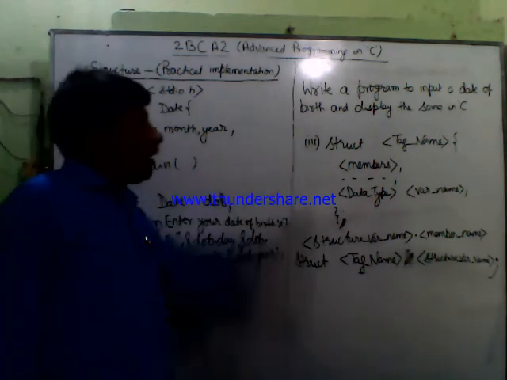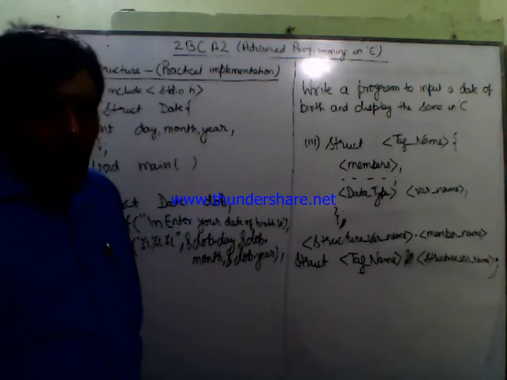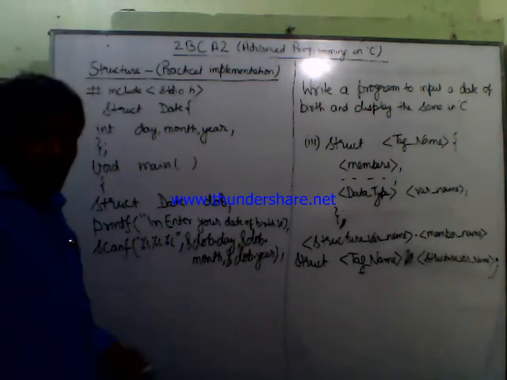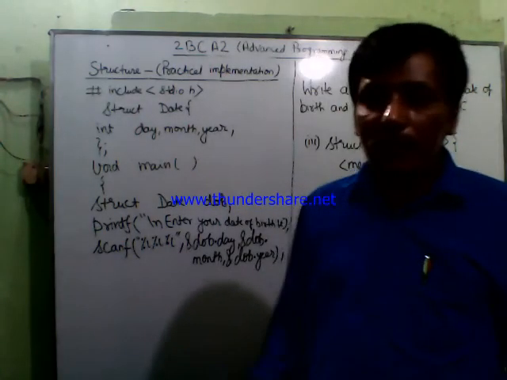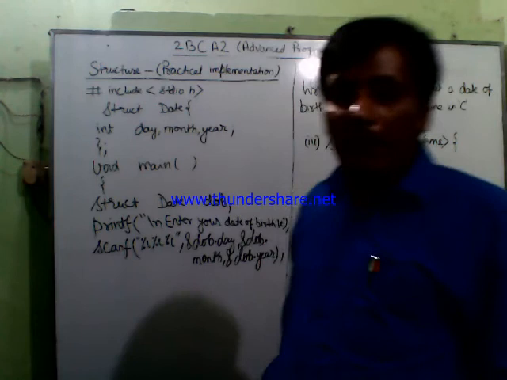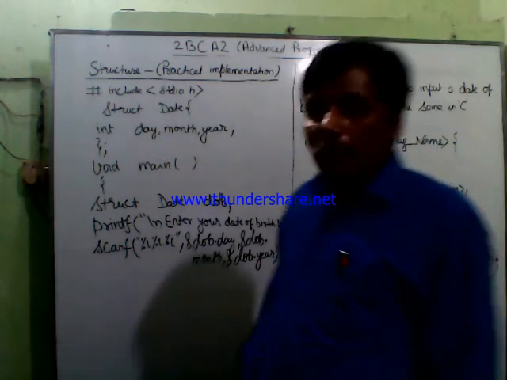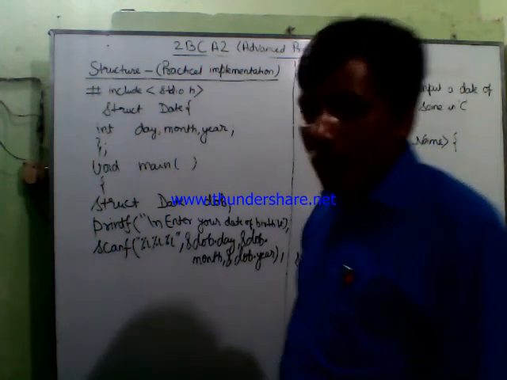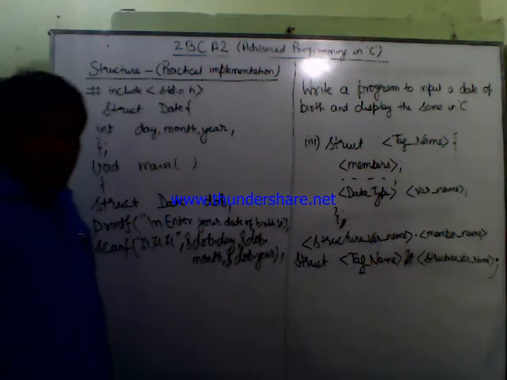According to the question, I have to take input of a date of birth and I have to display the same date of birth. Hence, we do not have to write code to perform any calculation, but we have to write the code that will produce the required output, and for producing output we have to use the printf function in the program to display the date of birth.